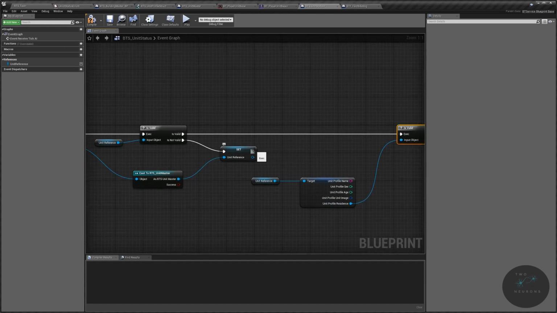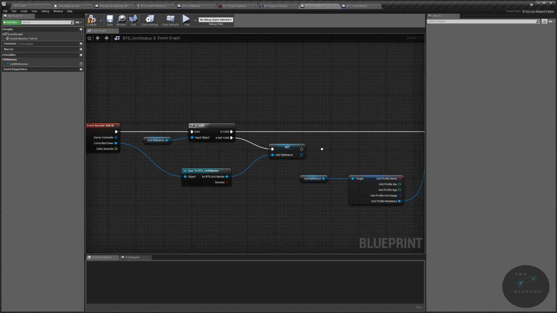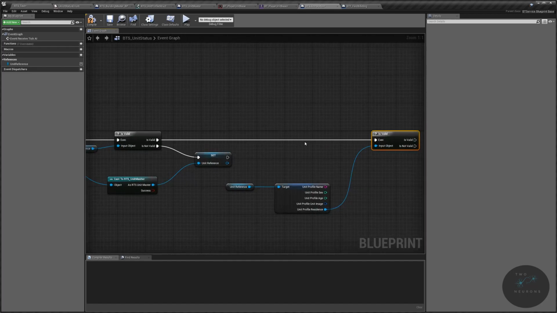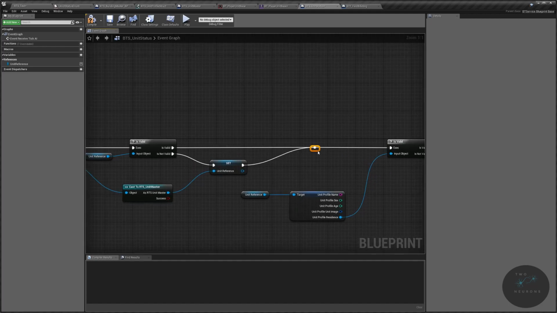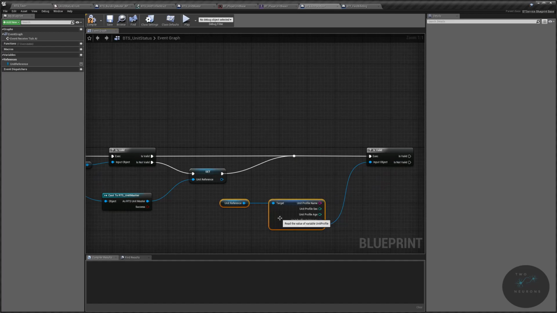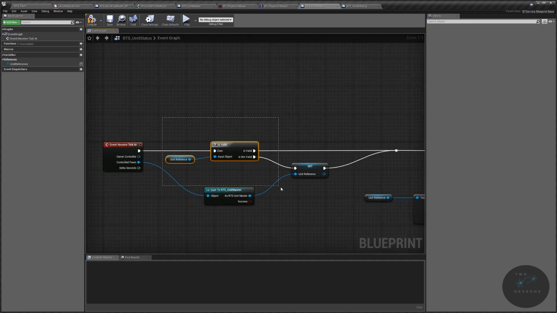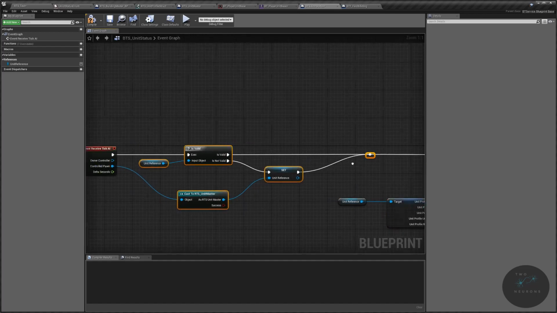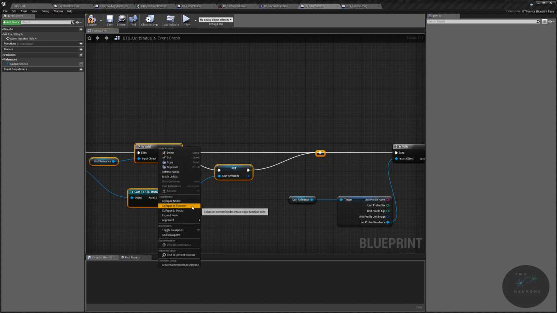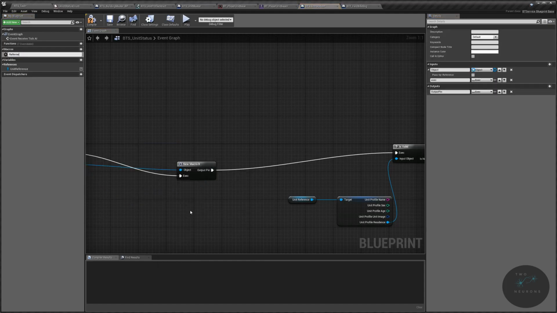Now, we technically don't need to plug this into there because it's a tick. It'll come back through. But you know what? Good form says we're going to. So we're going to plug that into there. So they both result in the same thing. And I'm just going to highlight everything there, including the reroute. I'm going to collapse this down to a macro, and this will be my reference